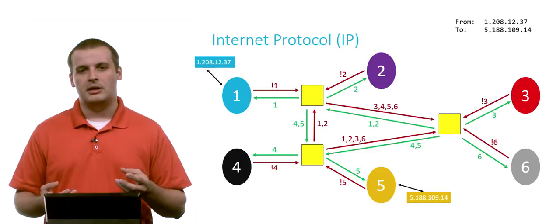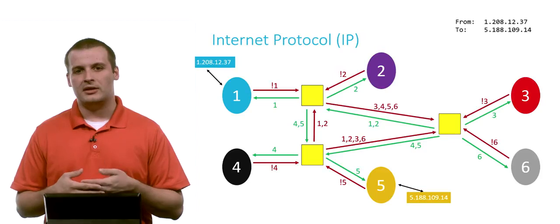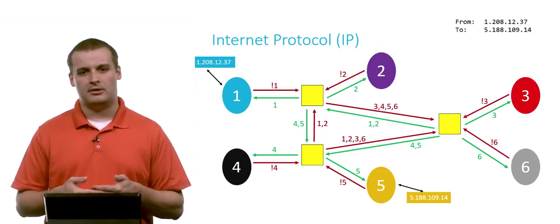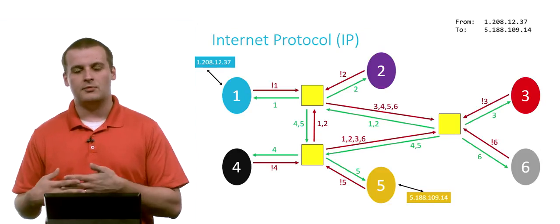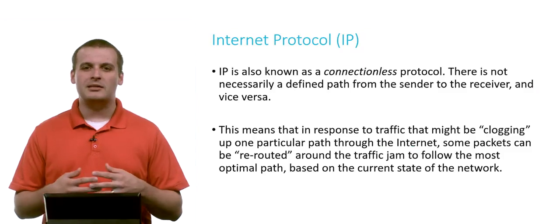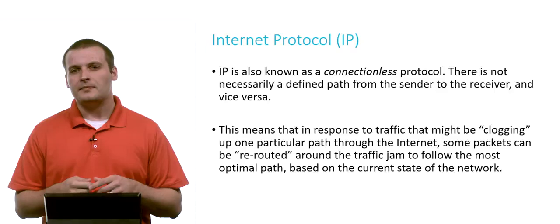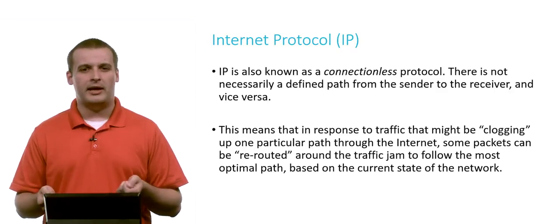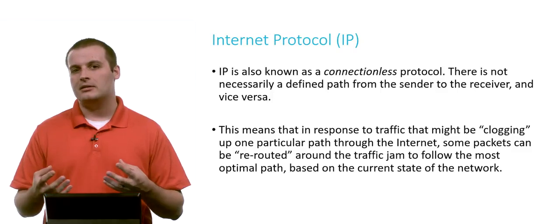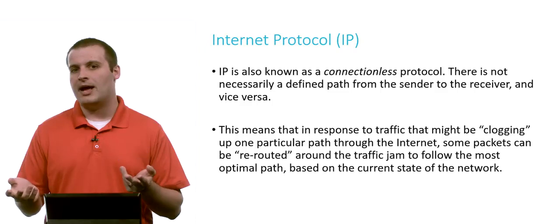Now notice that from the top left router, there are actually two ways to deal with a 4 or a 5 IP address. It can go down to the lower left router, or it can go to the right router. It has multiple options. And this is actually kind of a good thing, right? Because it makes our network more responsive. It's sort of like a GPS. If you've ever been driving on the highway and suddenly your GPS warns you that traffic is ahead, you want to avoid it if you can, and so you can recalculate your route.